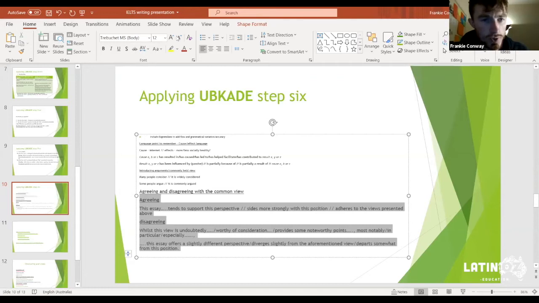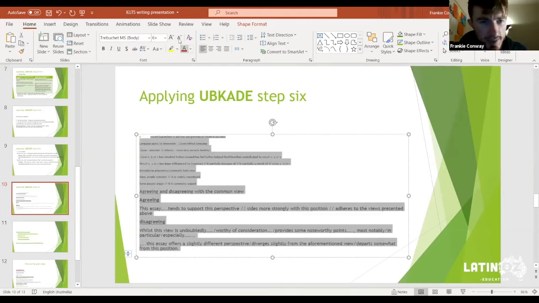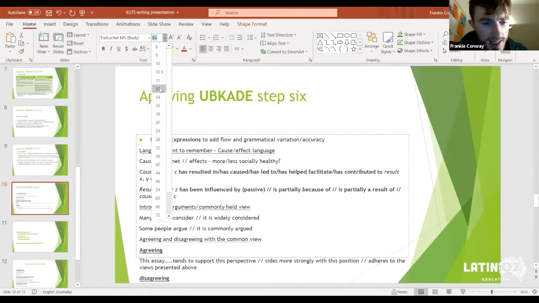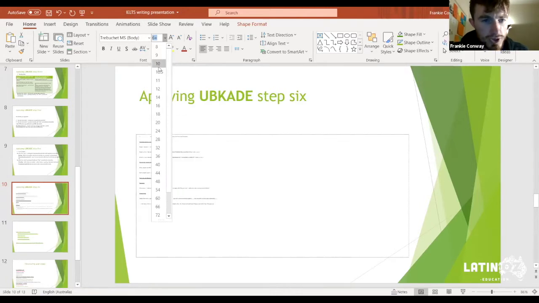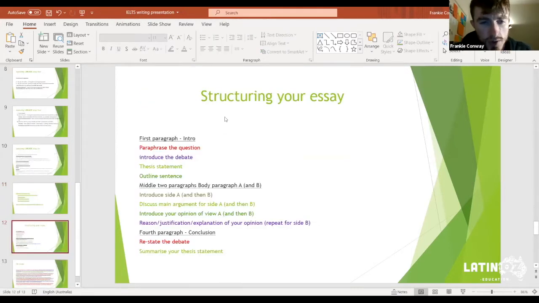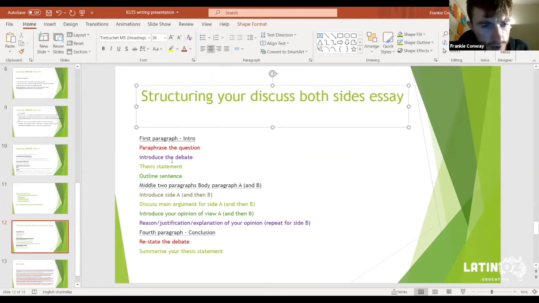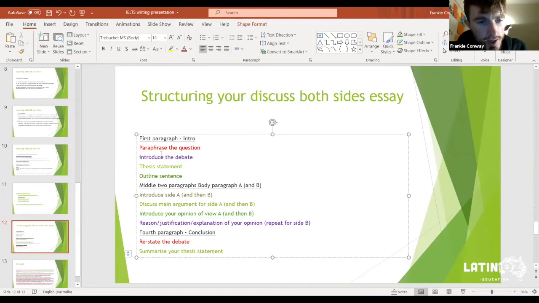Okay, guys, what I want to do now is share a document with you, and you're going to do, people, a quick activity to try and put my essay in the correct order that I wrote it. So it's going to be based, guys, on this structure. When you're structuring your discuss both sides essay, you would put, guys, in the introduction, you paraphrase the question, you'd introduce the debate, you'd give a thesis statement,